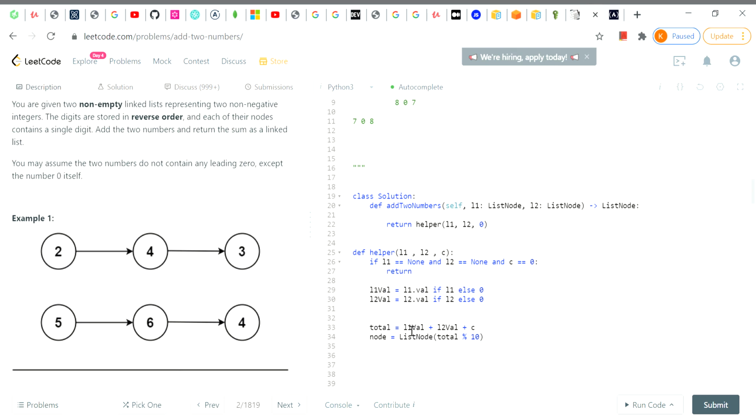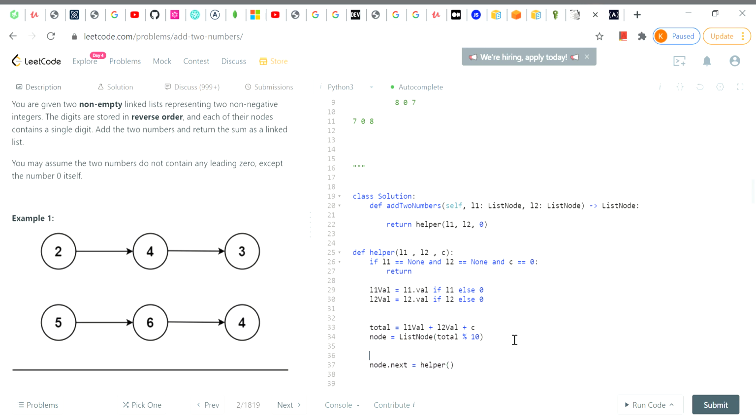We created this node right now. Then the next step that we want to do is node.next is going to be equal to helper,